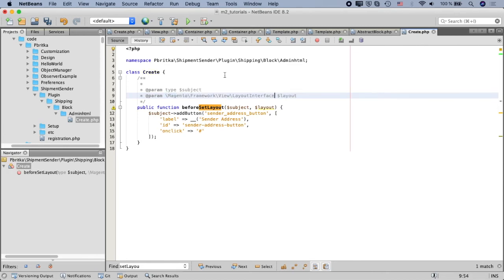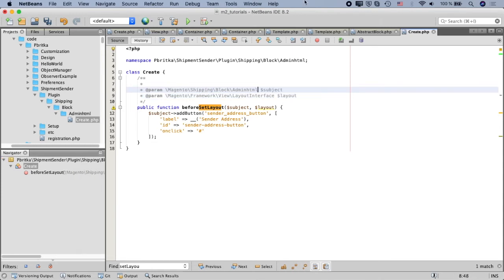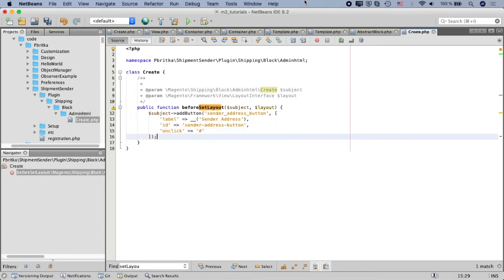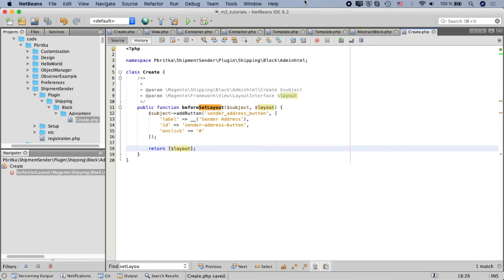Layout argument will be of type Magento Framework View Layout Interface, and subject will be of type Magento Shipping Block Admin HTML Create. Also, don't forget to return a value from this function, which will be an array of arguments that will be passed to the original method. In this case, it will be layout. This is all that needs to be done in this plugin class, and we have to register this plugin class